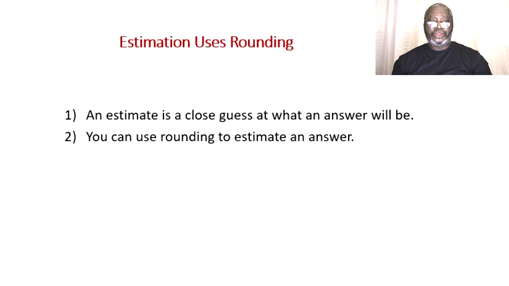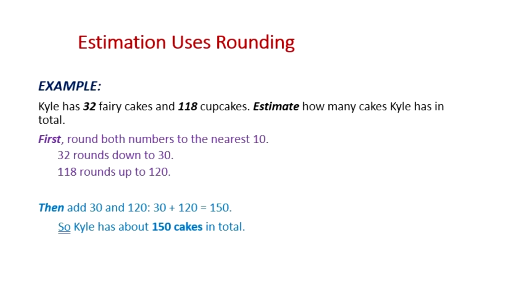Estimation uses rounding. An estimate is a close guess at what an answer will be. You can use rounding to estimate an answer. So in the real world, people use expressions like guesstimate in a humorous way, but basically what it means is that an estimate is not accurate, but it gives you a sense, an idea of what the actual accurate figure is